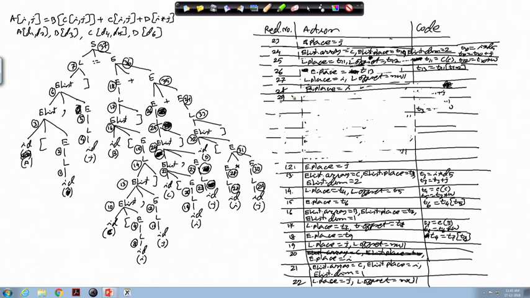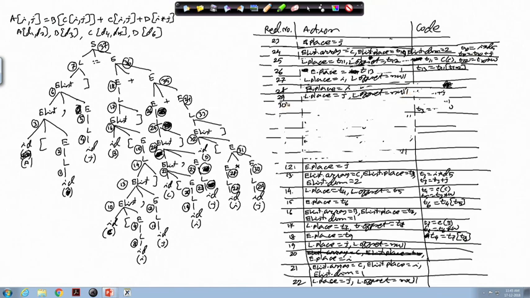At reduction number 29, we have L producing ID. So, L.place equal to id.place, that is j, and L.offset equal to null.